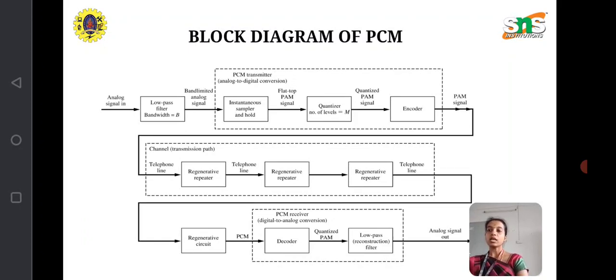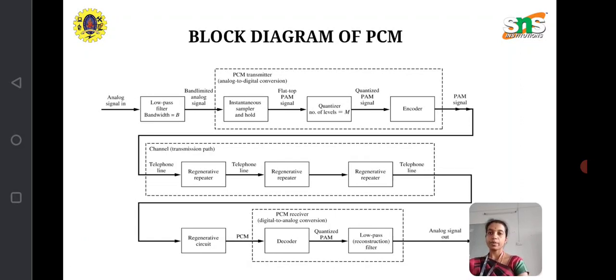First, the analog signal input is given to the low pass filter, and then from the low pass filter the input is given to the transmitter block, where the transmitter block consists of an instantaneous sampler and hold circuit, where we take the input sample by sample and hold it one by one, and then we transmit it to